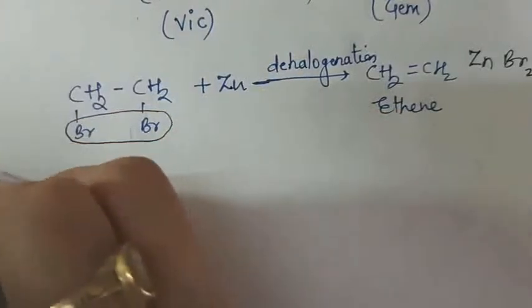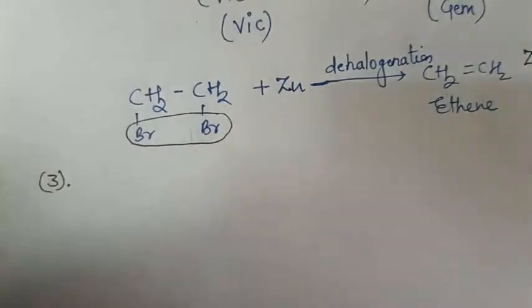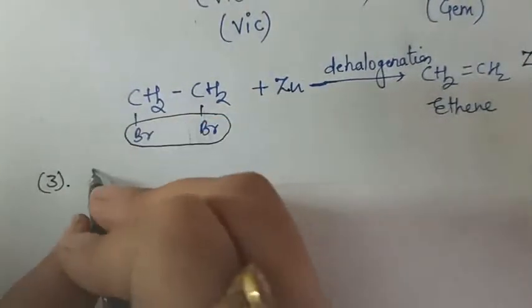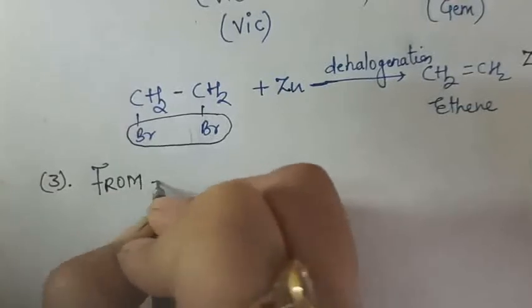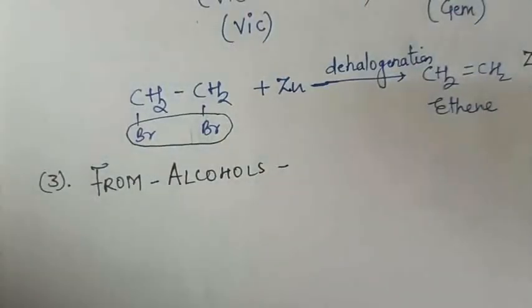Now let's see the third method in the sequence, that is preparation of alkenes from alcohols. This is also very, very important. We are going to prepare alkenes from alcohols. Before you study this method, you should be very clear with the beta elimination reaction, which you have already studied. That was the first method, when you studied how to prepare alkenes from alkyl halide. The same mechanism is going to be used over here also. So let's see how alkenes can be prepared from alcohol.